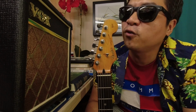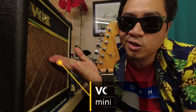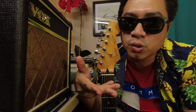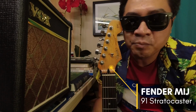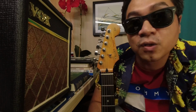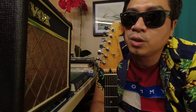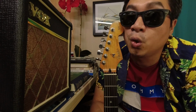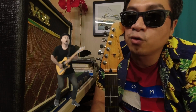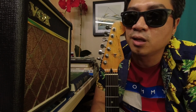So this time I'm going to focus again on music. I have again with me my little Vox MIDI Rhythm 5 and my very own Stratocaster Fender. At gusto ko ituro sa inyo isang music na pwede nyo maging bagong hobby, no? Kasi we know that in pandemic times, medyo mahirap gawin yung mga hobby natin na pang outdoors. So music and playing a guitar is one of a very convenient way to libang-libang yourself or entertain yourself despite